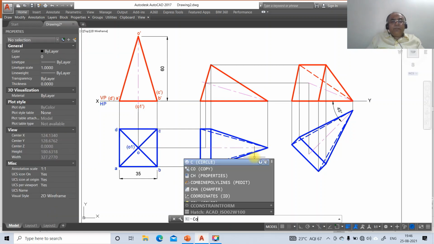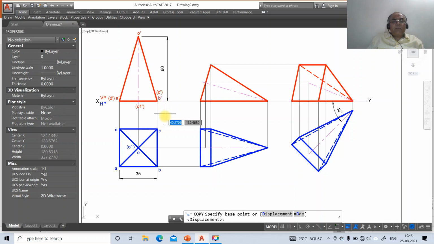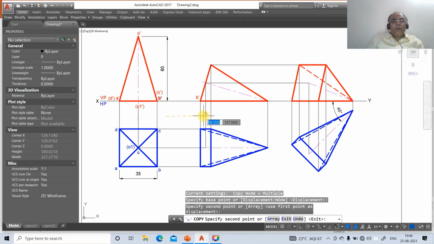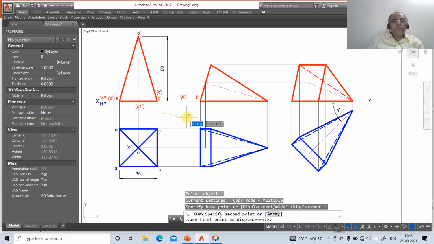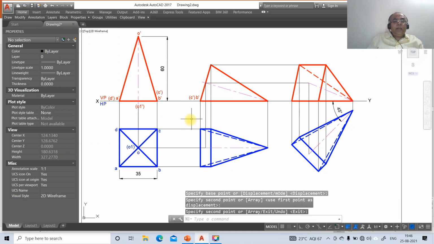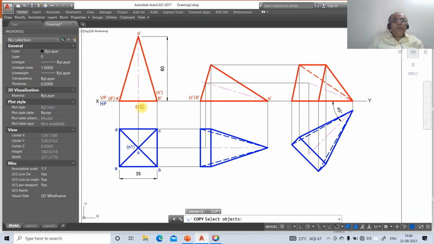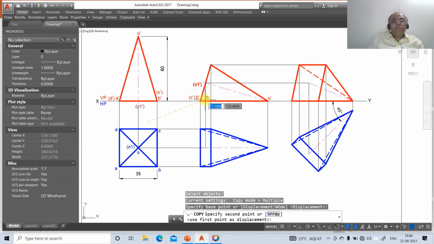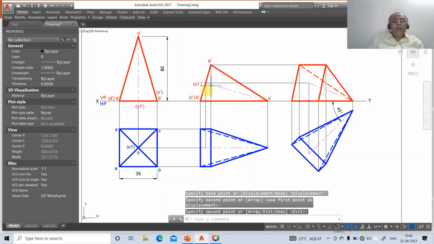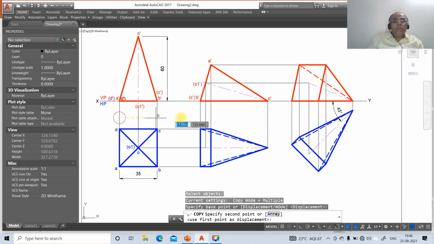Then go to copy this B dash and you copy this C dash. Then you copy this O dash. Then you copy this O1 dash, then you have A dash, then you have D dash.